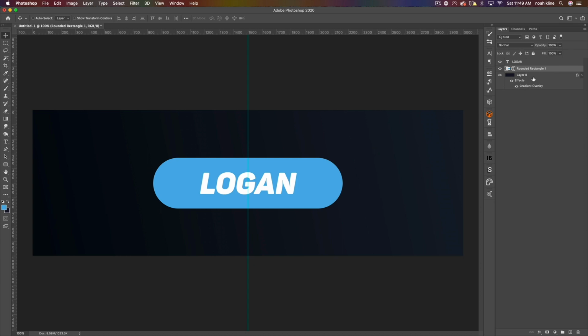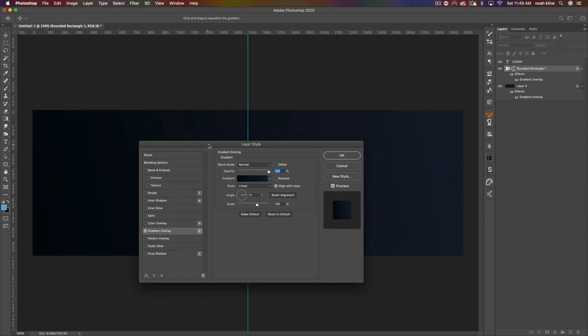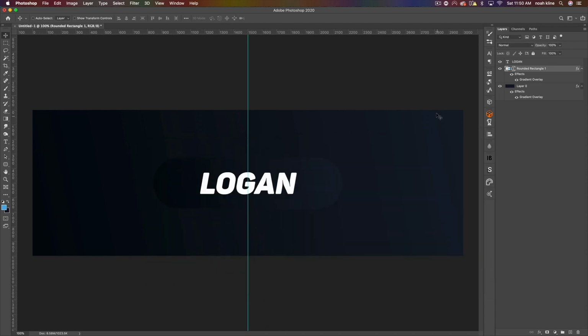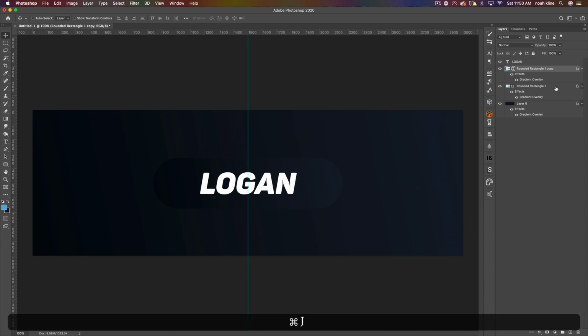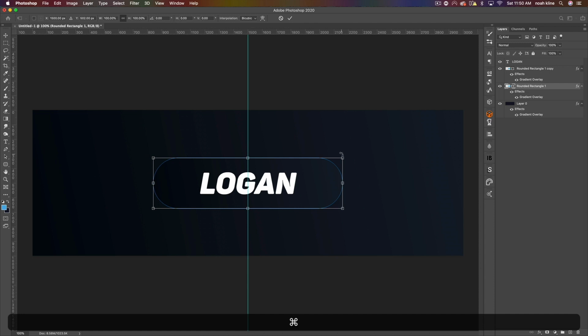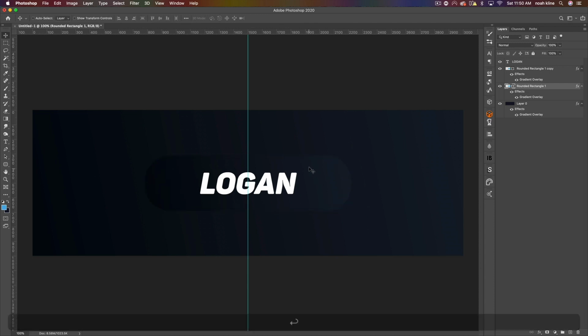We'll rock with it. And what we want to do is double click on that guy and get the gradient overlay, and we want the same one. And then you can just click OK. And then you want to immediately duplicate that one, and then the bottom one, press Command T, hold Alt, and increase the size of it. And it'll blend in, and we can hit Command H now to hide that,